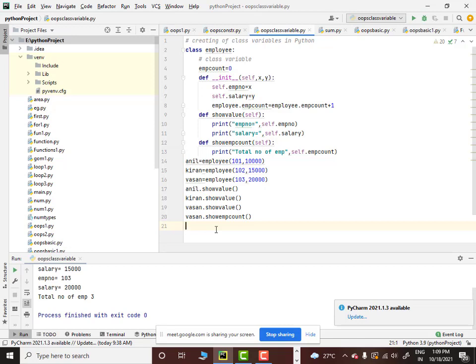The same concept in other programming languages, we call it static. See, I'll tell you, this is again a solid interview question. When you go for a Python interview, explain the difference between a class variable and an instance variable. You should be able to explain what is a class variable and what is an instance variable in Python. Akshay, did you get the output or are you still finding it difficult? Got it, Balu. Okay.